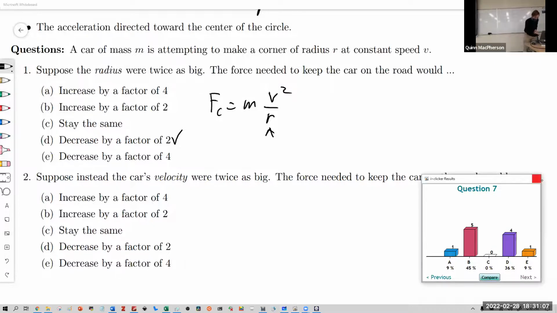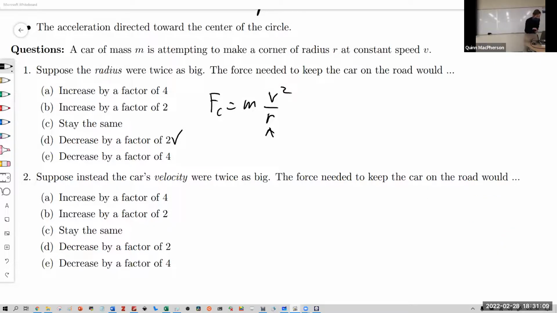Okay, let's see the second one. Suppose the car's velocity is velocity. Now, we're doing velocity now. Suppose the car's velocity is twice as big. The net force to keep the car on the road would